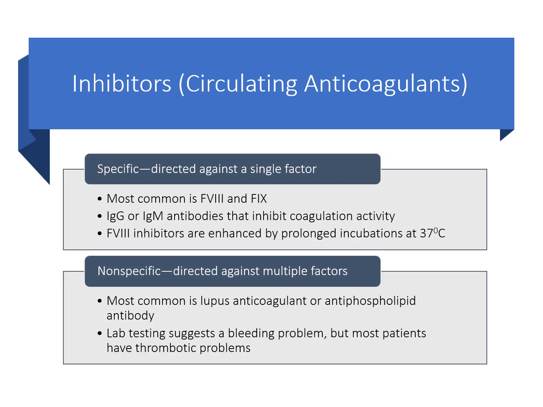Non-specific inhibitors aren't directed against a single factor, but rather multiple factors. The most common type of non-specific inhibitor is lupus anticoagulant or antiphospholipid antibody. We can perform lab testing, and when there is a non-specific inhibitor, a lot of times it suggests a bleeding problem with regard to